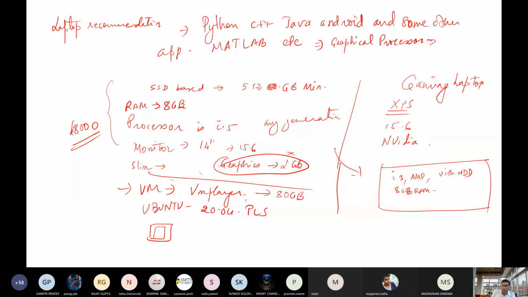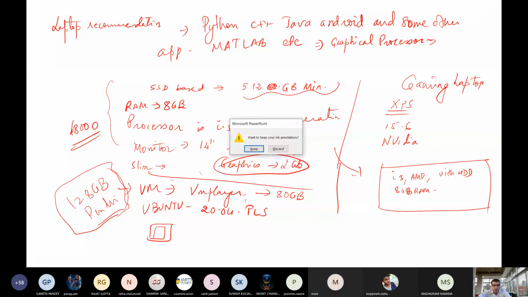And then you can run these virtual machines simultaneously here also. So there is no problem to run a virtual machine in this place also. And you can do one thing also. If you are purchasing this laptop, you can purchase a 128 GB pen drive. Inside that, you can install a virtual machine. Whenever you require that virtual machine, just plug it in and start the virtual machine through this. You can make it bootable also.